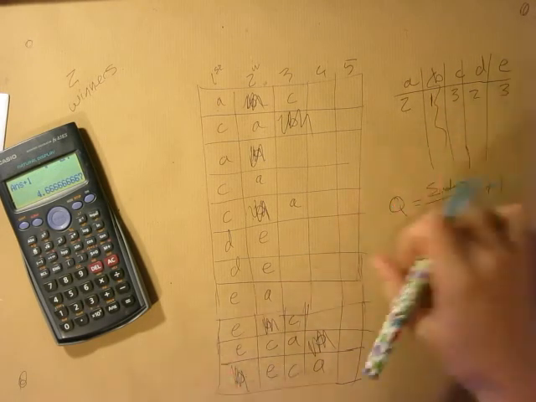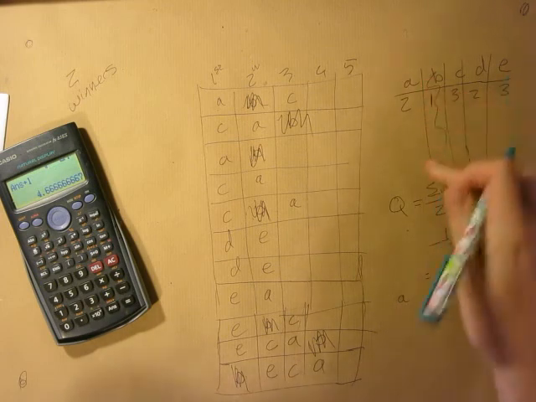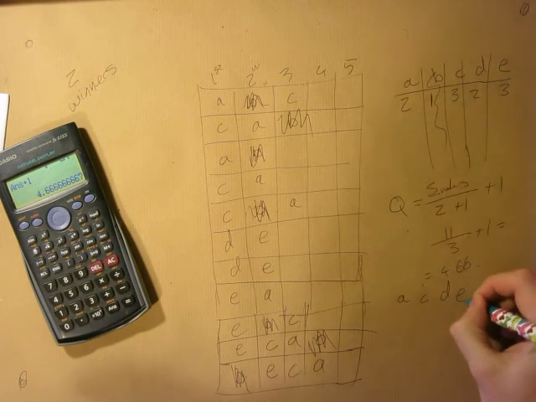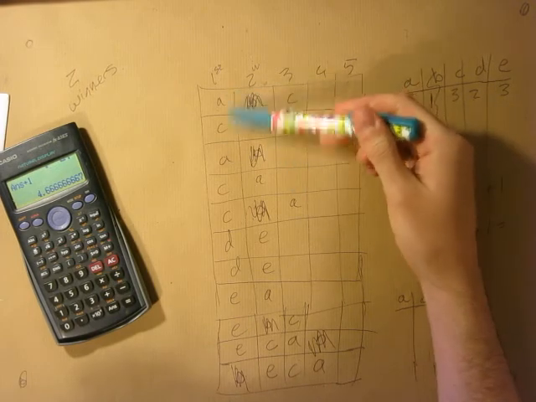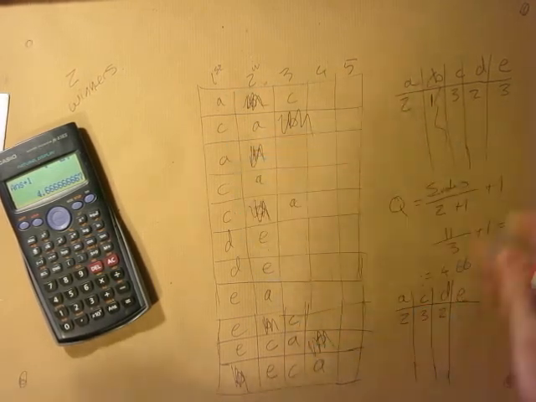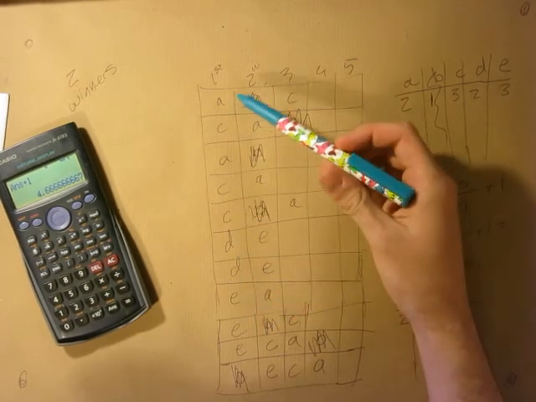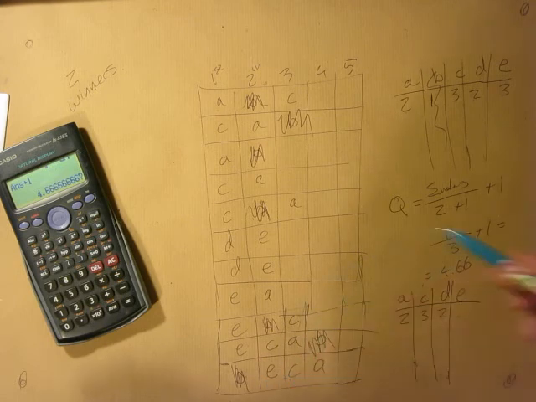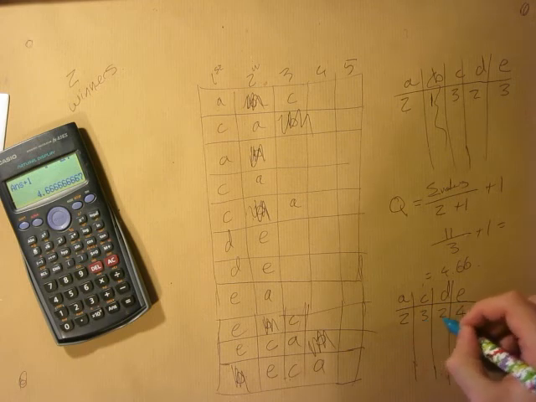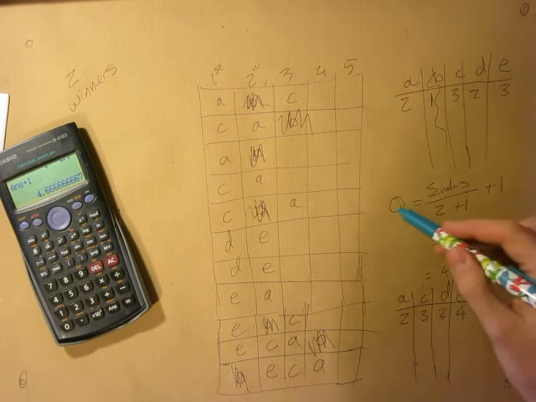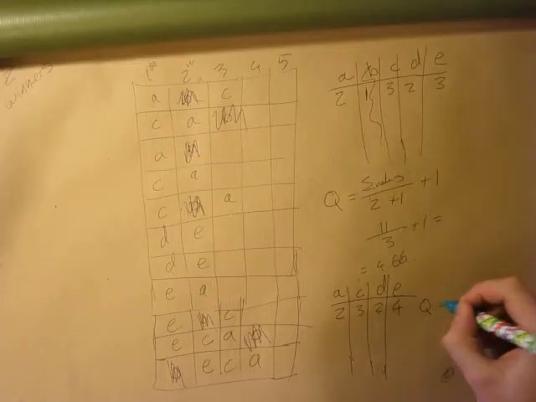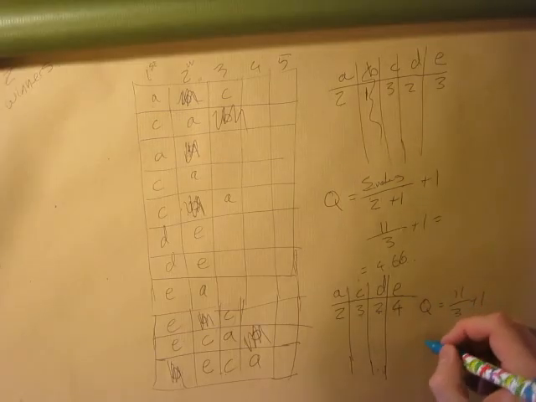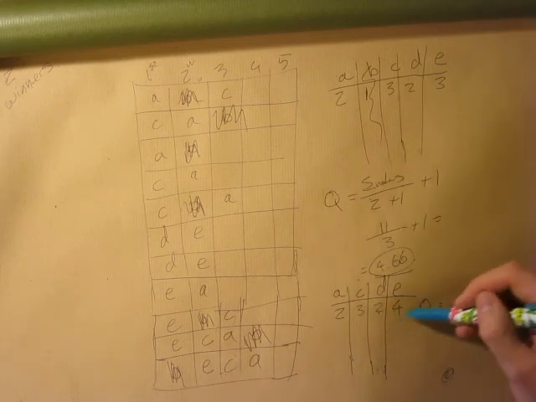So we do it again. Draw up a new table, which is going to be A, not B, C, D, and E. The number for A is just 1, 2, and the number for E is now 1, 2, 3, but we've actually gained 1 because this is the first choice of this person. So we're up to 4. So we have 4, 5, 6, 7, 8, 9, 10, 11 votes still, which means our Q is still 11 over 3 plus 1. That's still this 4.66 number. Nothing is beating 4.66,